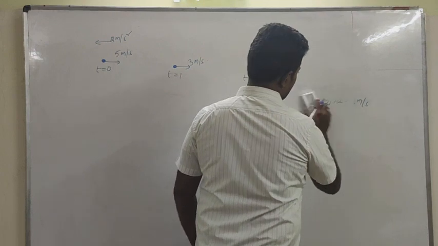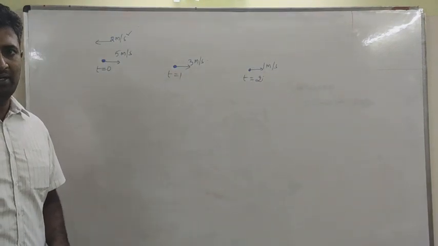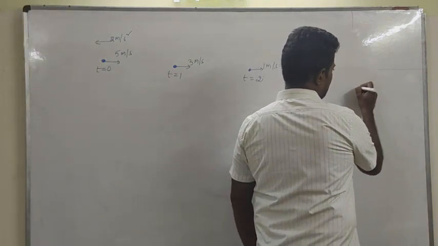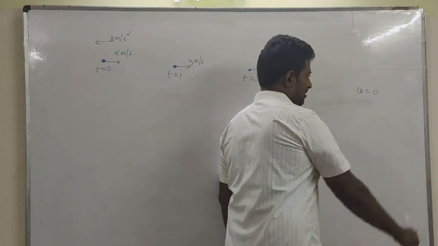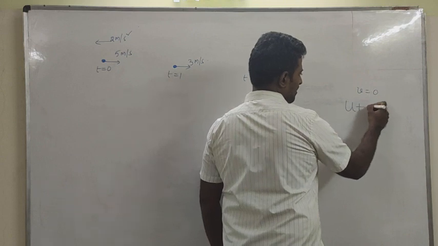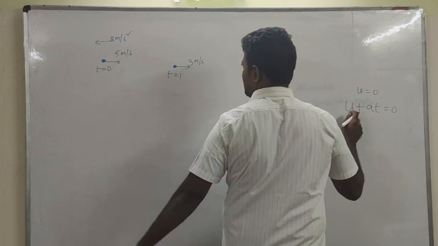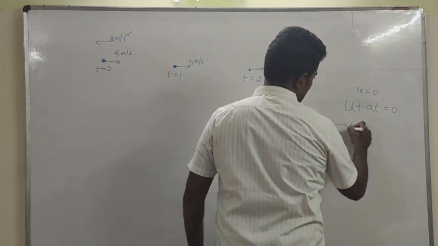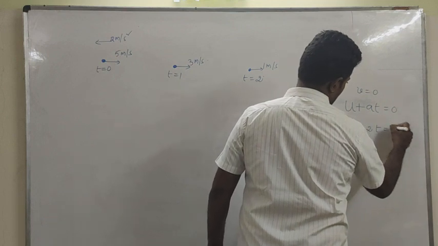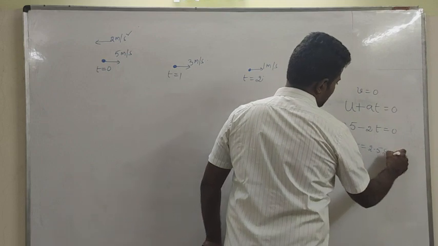And the next junction is, I want to verify at what timing the velocity of the particle will become 0. At what timing velocity of the particle will become 0? Whenever the final velocity becomes 0. We know final velocity expression will be u plus at, which has to become 0. Initial velocity we know that it will be plus 5. Acceleration will be minus 2 into t is equal to 0. Implies t will be equal to 2.5 seconds.